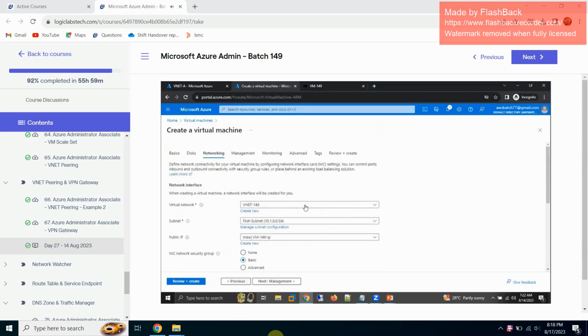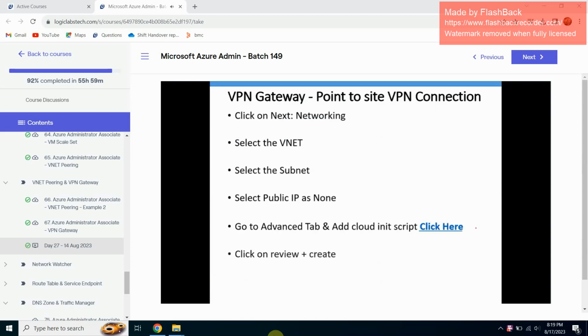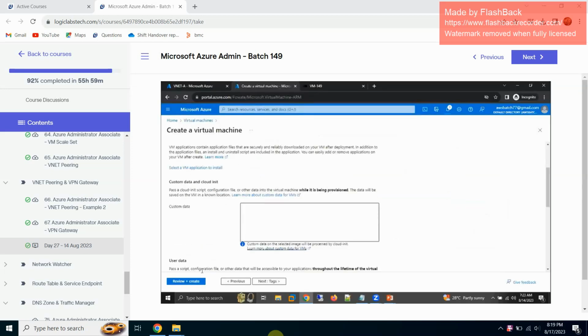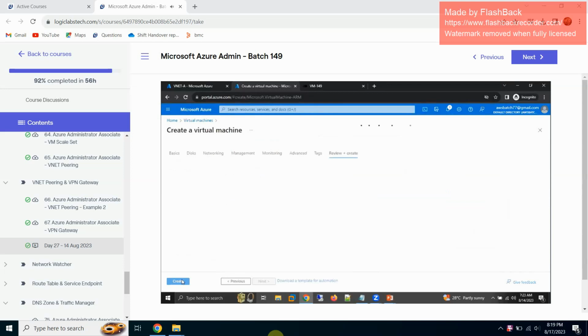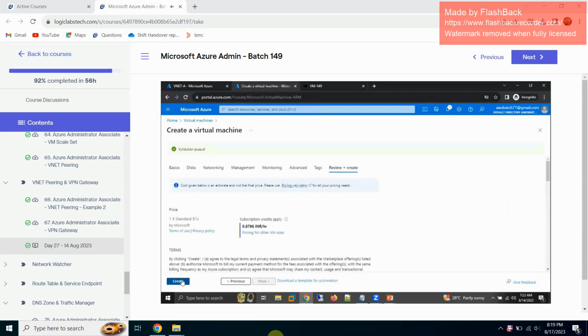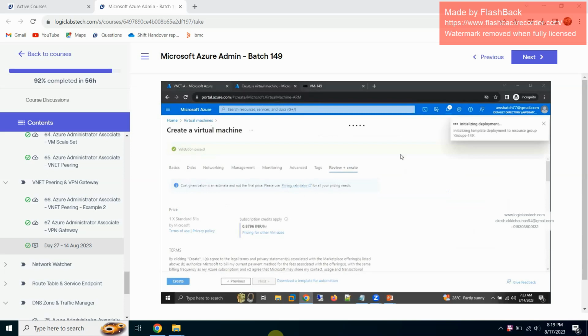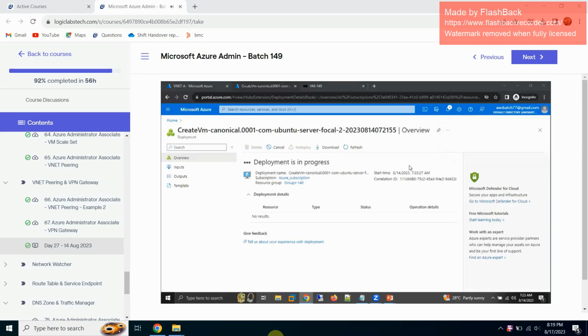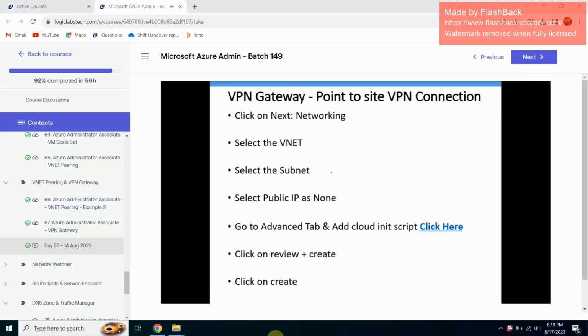Correct. Go to the advanced tab, and under the advanced tab I'm going to add a script. So we have created the virtual machine. Now we need to create